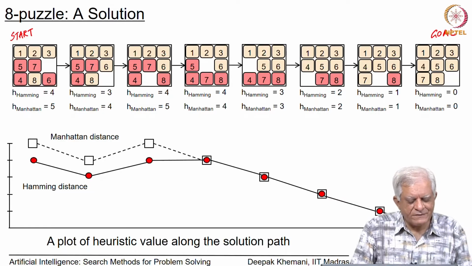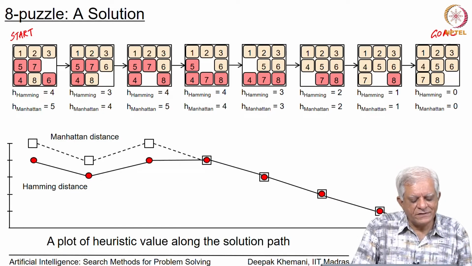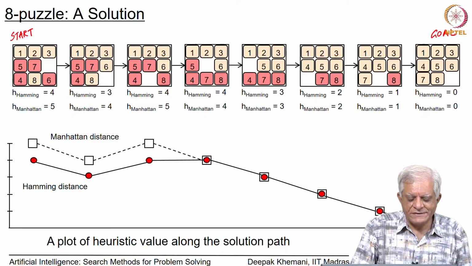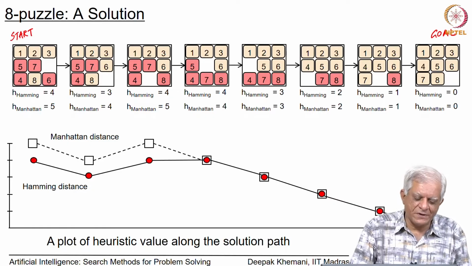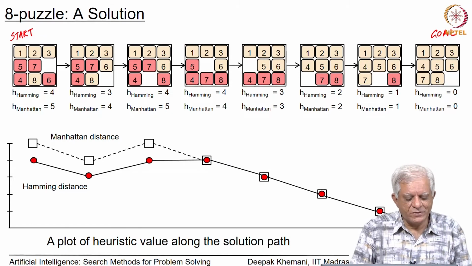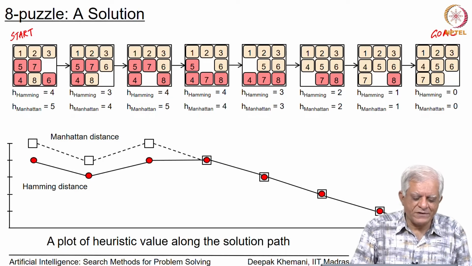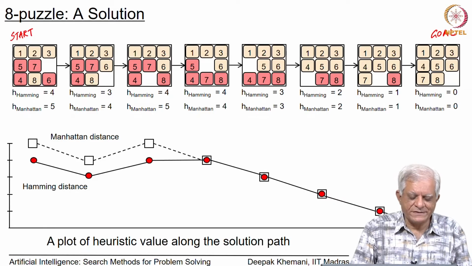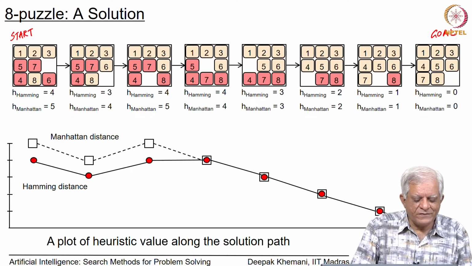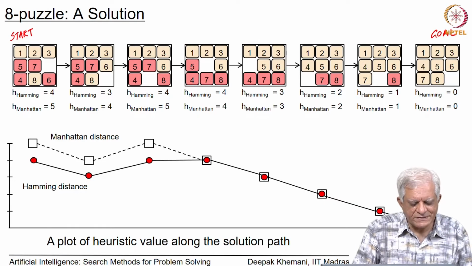The heuristic function that we had discussed earlier was either of the two: Hamming distance, which simply counted the number of tiles out of place, or the Manhattan distance, which computed the length of the Manhattan distances for each tile to its destination location. Now, in the start state you can see that tiles which are labeled 5, 7, 4 and 6 are out of place. So, the Hamming distance is 4, and if you look at the Manhattan distance carefully, you will see